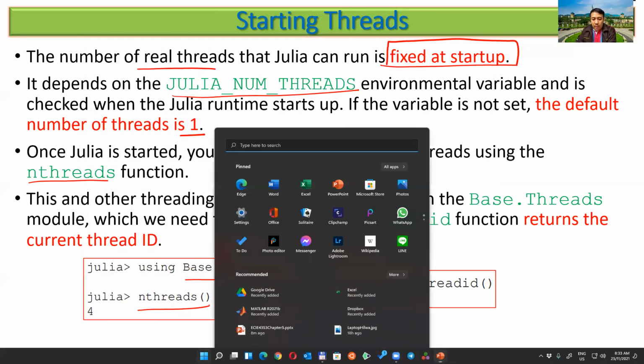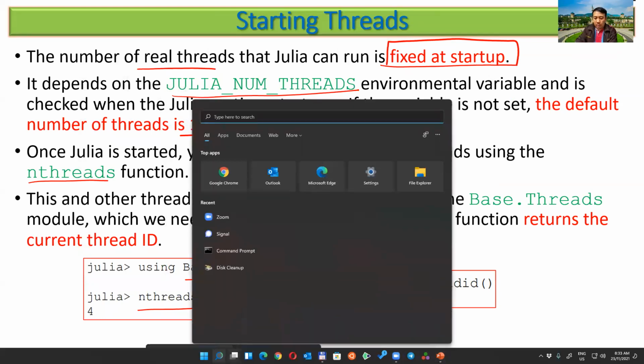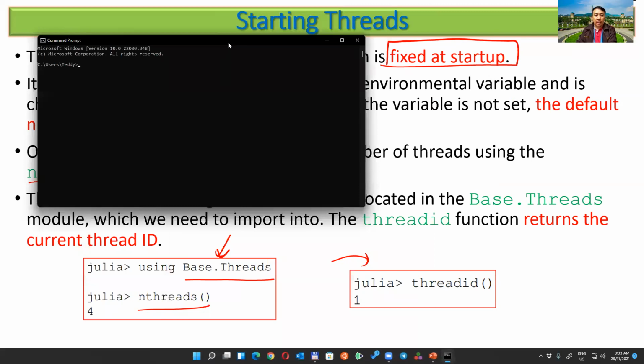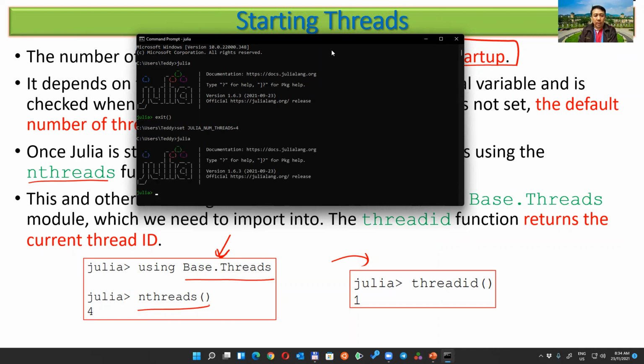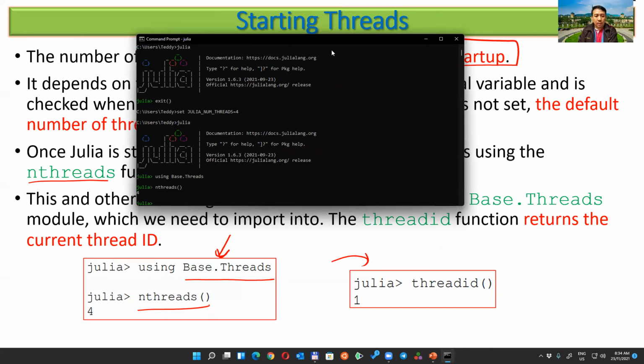Okay, what is it saying here? I'm running here by clicking like this. I can also use something like this. Because I put Julia in the path, I can run Julia here. Then what you have is the environment variable, JULIA_NUM_THREADS. So let's say set JULIA_NUM_THREADS equal to 4. Then I run Julia from here. Then after that you can use Base.Threads, then nthreads. Okay, it is 4. So you can use it like that.